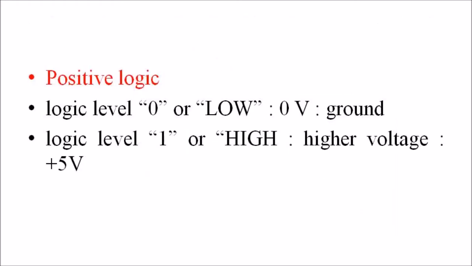Most digital logic gates and digital logic systems use positive logic, in which logic level 0 or low is represented by a 0 volt or ground, and the logic level 1 or high is represented by a higher voltage such as plus 5 volt, with the switching from one voltage level to the other, from either a logic level 0 to a 1 or 1 to a 0, being made as quickly as possible to prevent any faulty operation of the